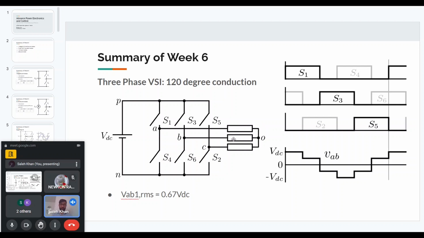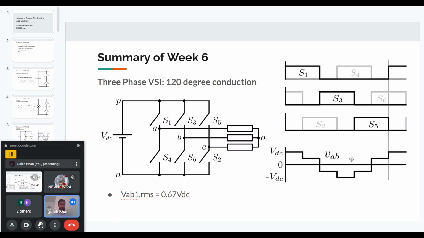I hope you can understand this. If you're not understanding, you can just ask in the chat: the voltage across VAB for the second 60-degree interval will be VDC by 2, because the voltage across VAC will be VDC, and at the B terminal there is no current between B and O, so the potential at B is the same as the potential at O, and the potential at VAO will be half of the VDC. In this way, you can find out the full line voltage,